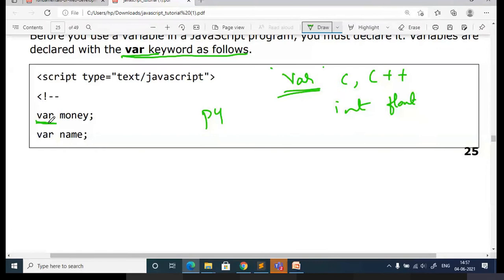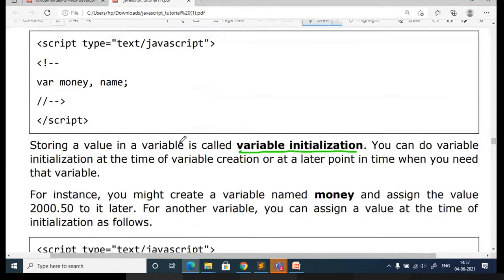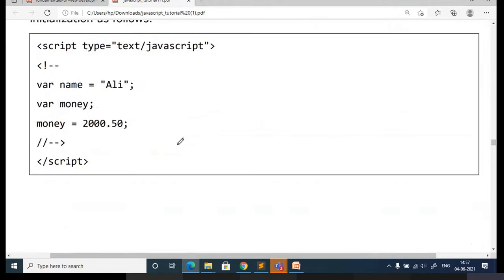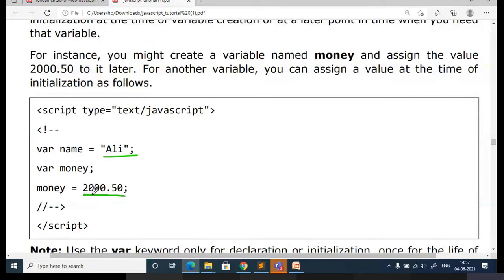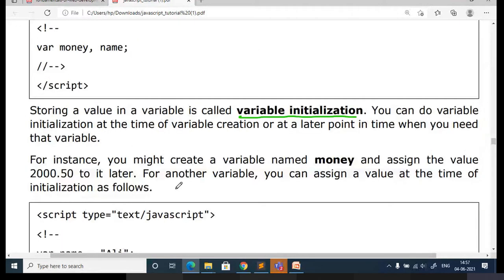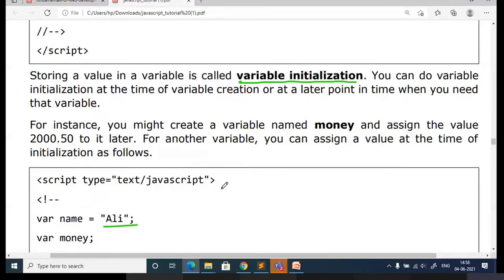You just use the keyword var money. This is the declaration of this variable. Later you assign a value for that, and whatever value you assign indicates what data type it is. So this is a string and this is an integer, that is a number. Like that you can go with the different data types and variable initialization.